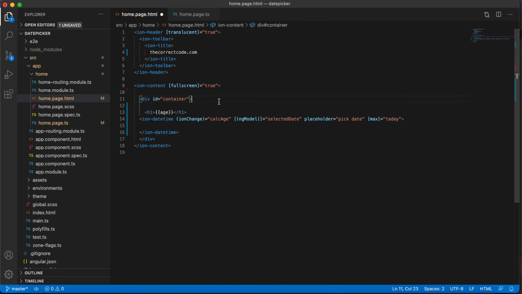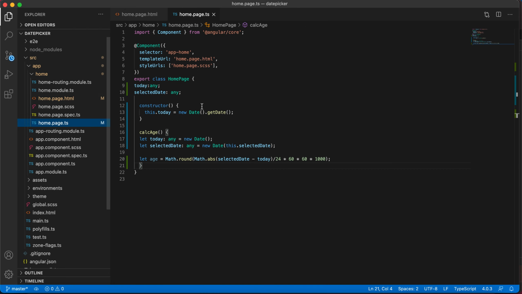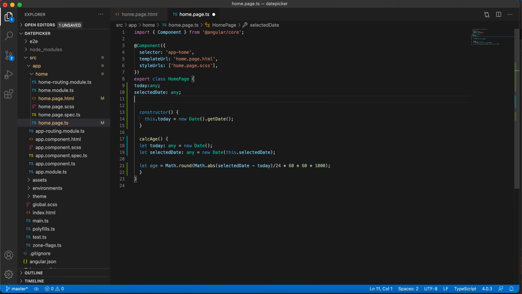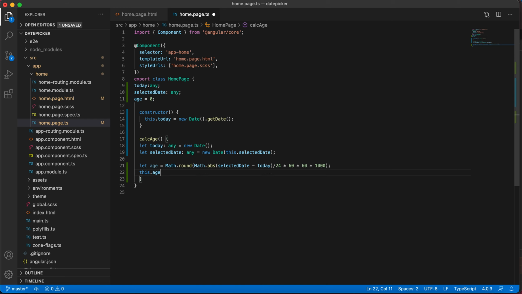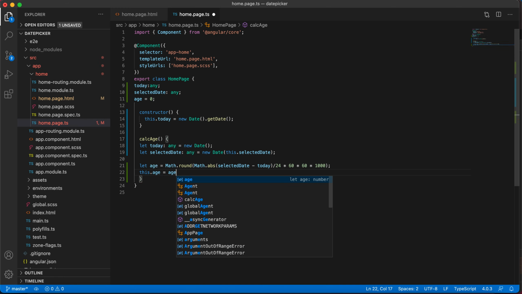We will create an age variable in home.page.ts, age equal to default 0, and now this.age = age.